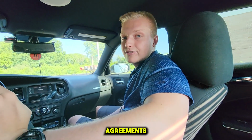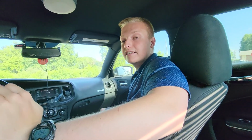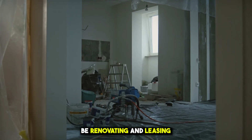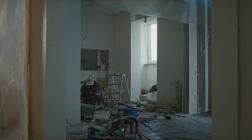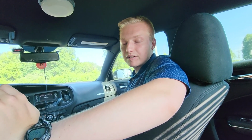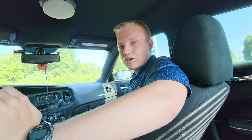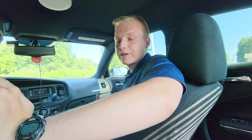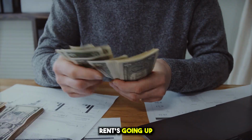Most of the units are currently leased on month-to-month agreements with the current tenants, which is going to help, because what we're going to do basically is, day one, we're going to be renovating and leasing the vacant units, and then we'll be going through, probably doing them in batches of 4 to 6 or something like that, and then we're going to be giving notices to the existing tenants that are on month-to-month. Hey, rent's going up, we're going to be raising it over such a period,